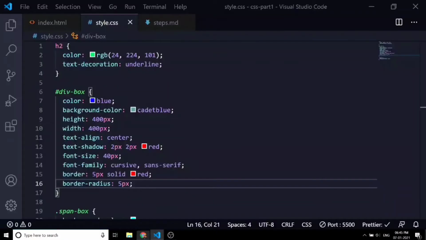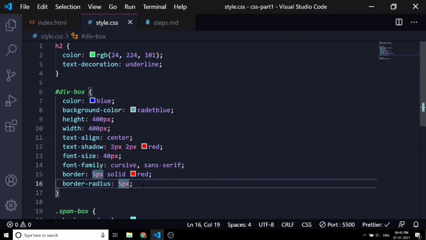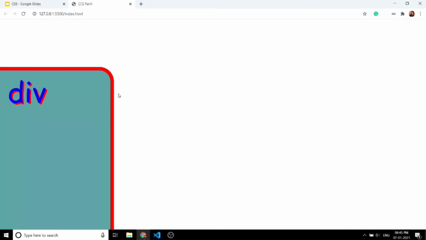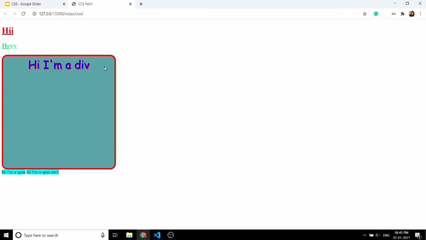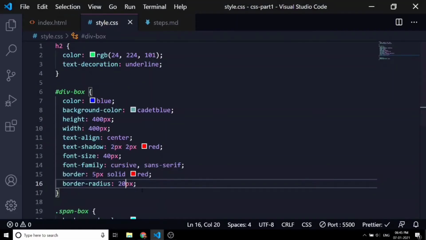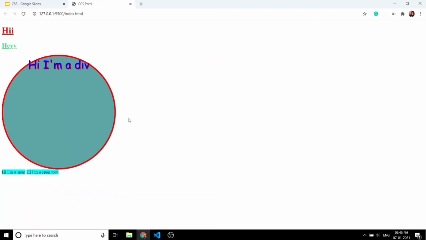You can also increase the curve from 5 to 20 pixels to make it more clear. Now you can see the border is curved to 20 pixels. One use of border radius is that if we give a border radius of 50%, then you can have a circle.